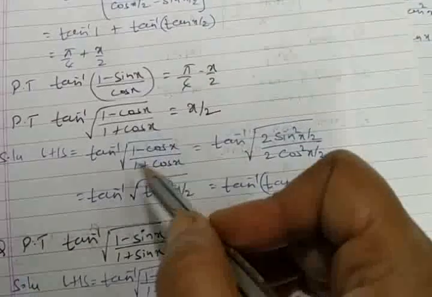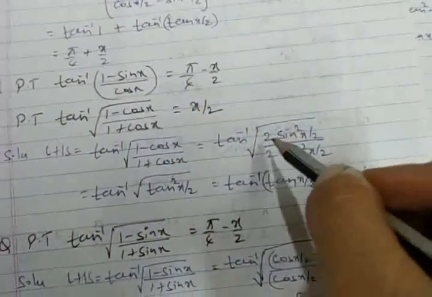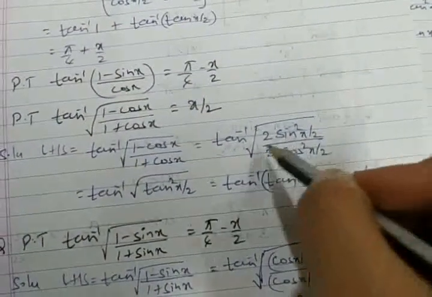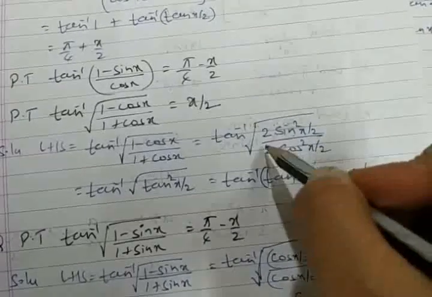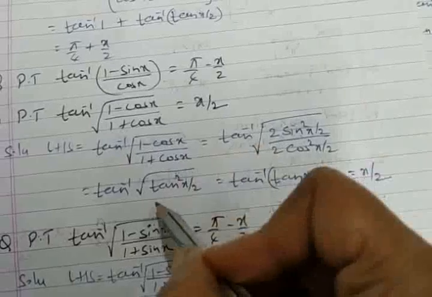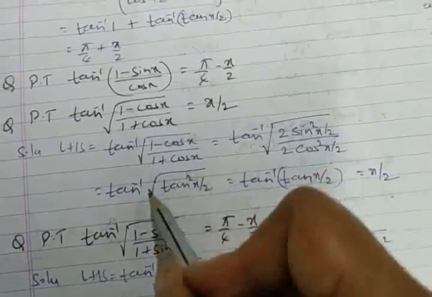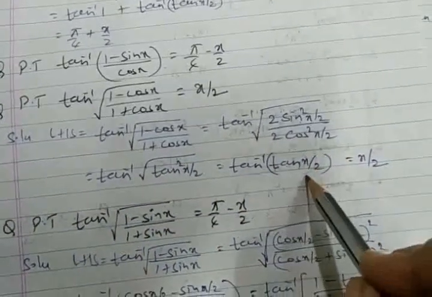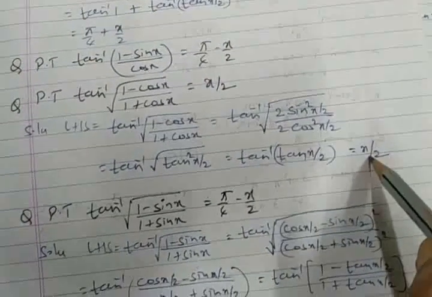So accordingly, I have to apply it here. No substitution needs to be put, as it is, the numerator reduces to 2 sin square x by 2, the denominator is 2 cos square x by 2, the 2 gets eliminated. What is left is sin square by cos square, that is tan square x by 2 within a root. The root will get eliminated, we find tan x by 2, the final answer is x by 2.